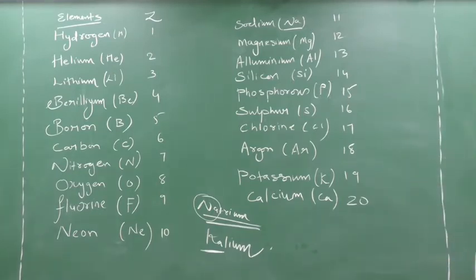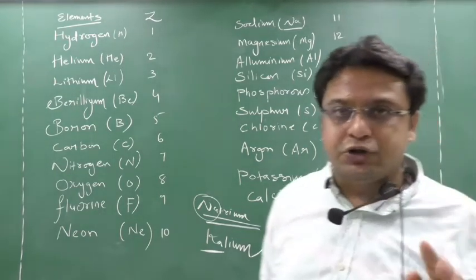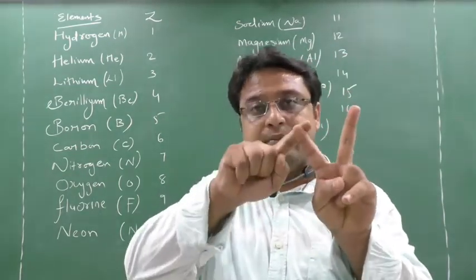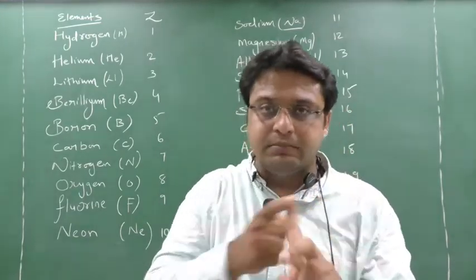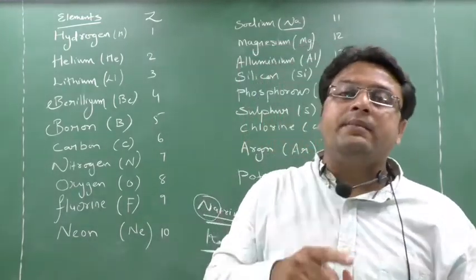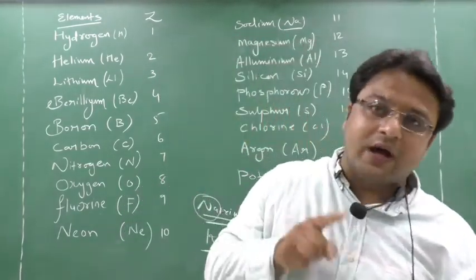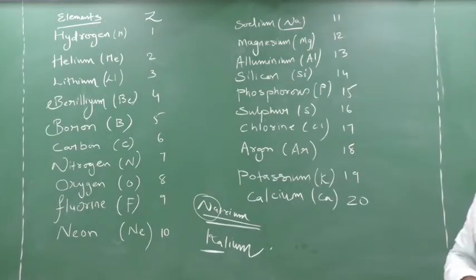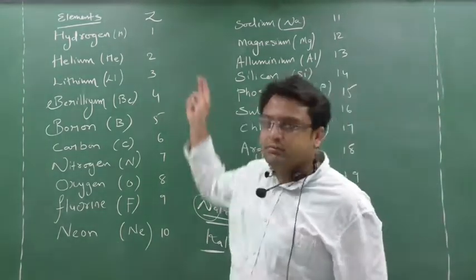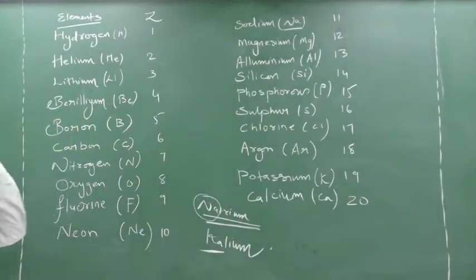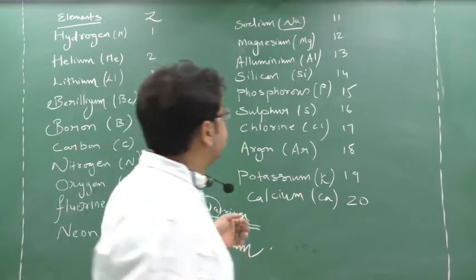Clear this part? So you have to remember all these element names in hierarchy order. Hierarchy order means after hydrogen you should say helium, because when you count on your fingers you will count the element and also the atomic number. If you do not remember the elements according to atomic number, it will be difficult to solve for valence electrons and valency. So it is very important to remember the elements according to their atomic number, so that it will be very easy for you to calculate the valence electrons and valency. Clear? First you copy it out, then I will give certain shortcuts to remember the element names and symbols. Please remember this.